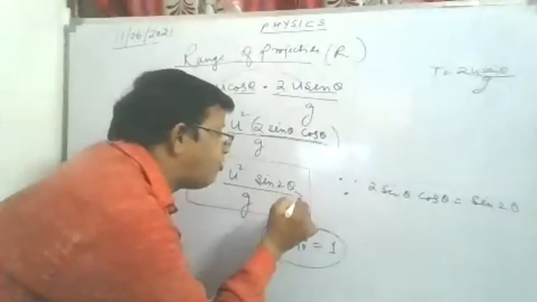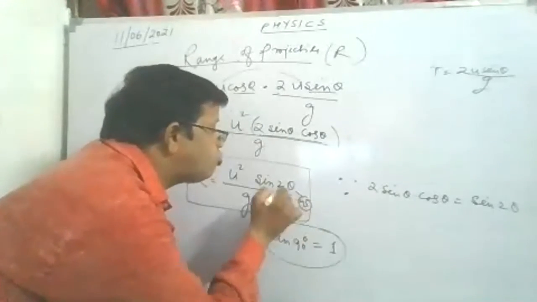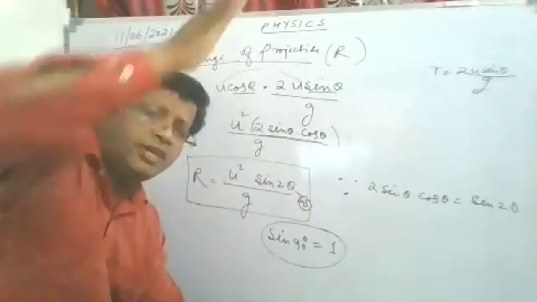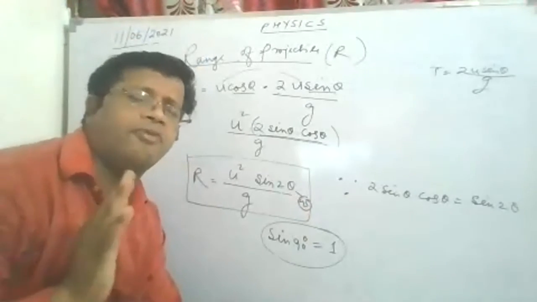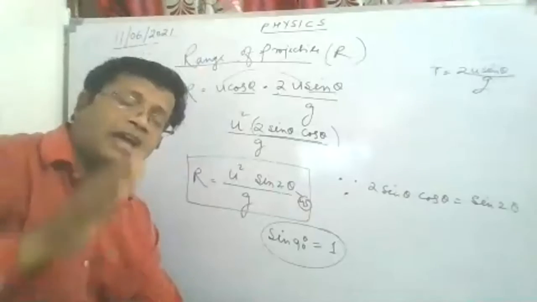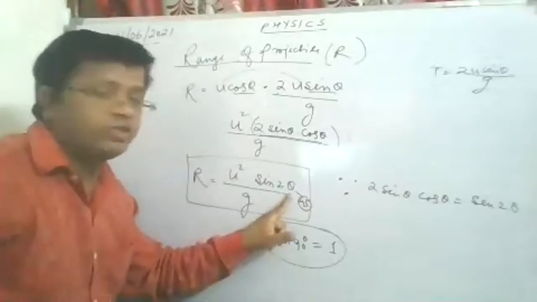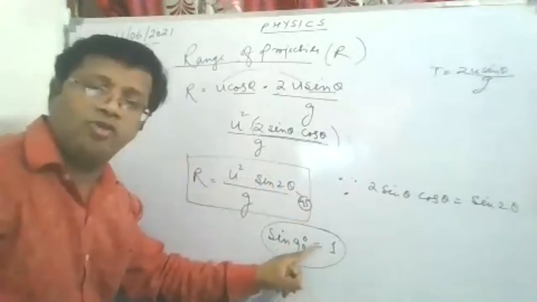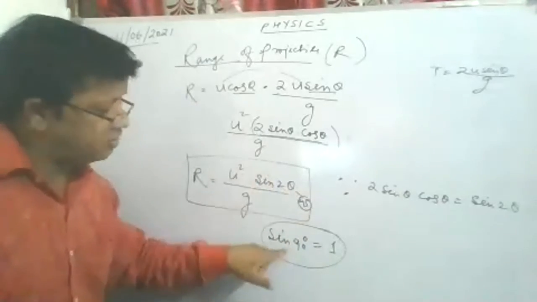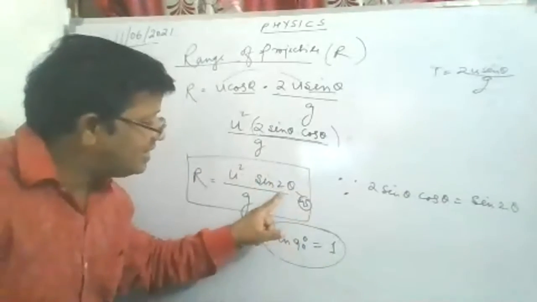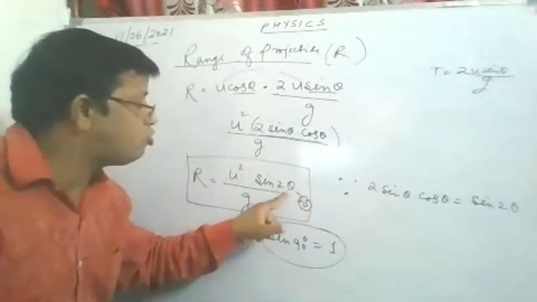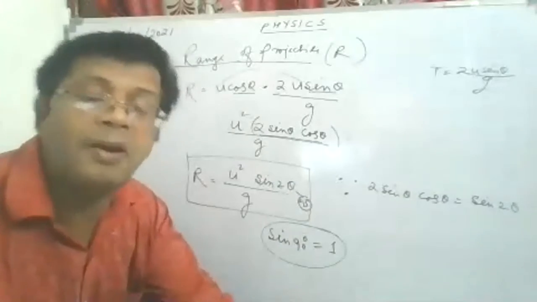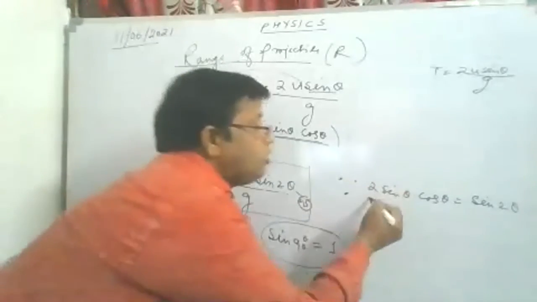तो बेटा ये 2 थीटा की जगह 90 पुट करो ना, थीटा 45। बेटा आप किसी जैवलिन थ्रो में, हैमर थ्रो में 45 डिग्री पर फेंकिए, पत्थर को फेंकना है, मिसाइल को फेंकना है, बेटा प्रोजेक्ट करना है, मैक्सिमम रेंज के लिए we will project at 45 degree. The value of sine function will be maximum at 2 theta 90. तो 45 डिग्री पर रेंज मैक्सिमम होता है बेटा, जस्ट रिमेंबर दिस वन।